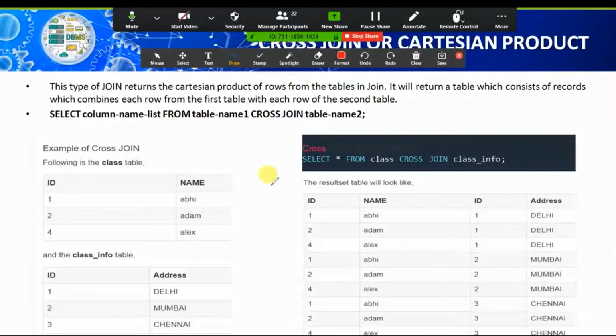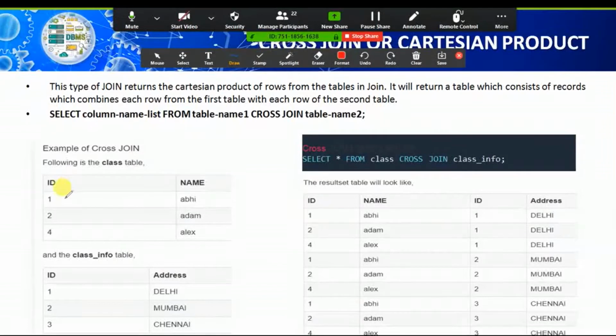Now look at how it will produce the output and how it will perform the cross joining. As I told you, the rows of the first relation will be multiplied by the rows of the second table. In the second table we have IDs 1, 2, 3 and Delhi, Mumbai, Chennai.